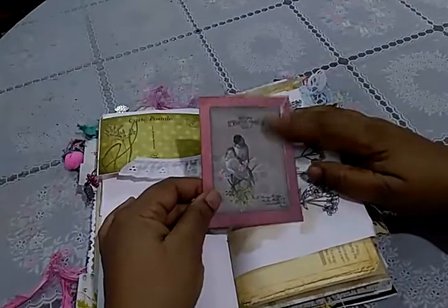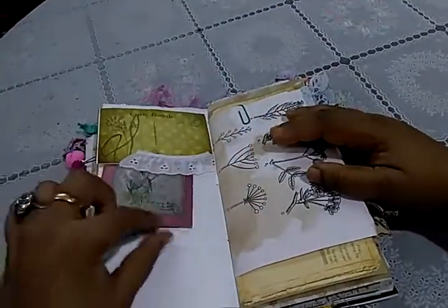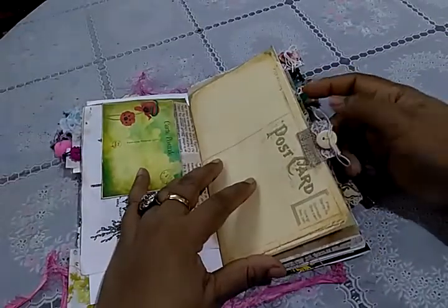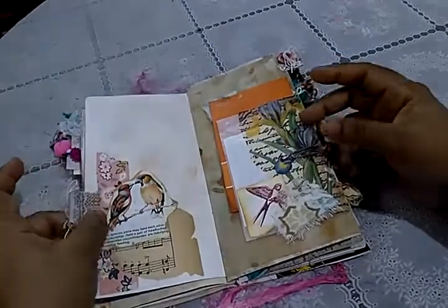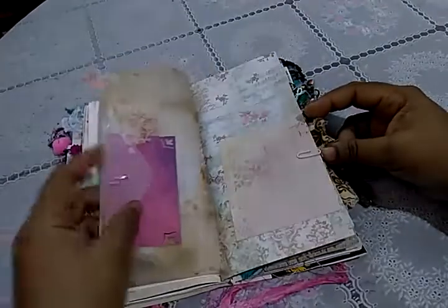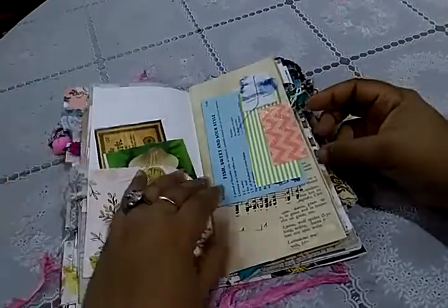This is a printable from Christie Art Design, and I have just backed it up with a pattern paper scrap piece. This is another journaling card that Ellie had sent. Over here I did add this tab, and then later on I went back and added this button. And over here, okay, so these are the pages that I had done, and this is another fabric tab,